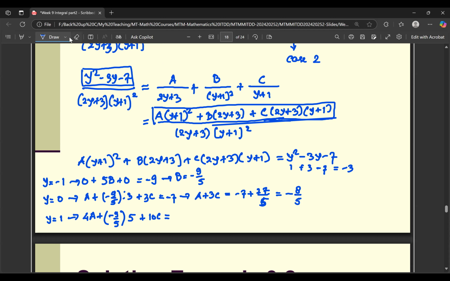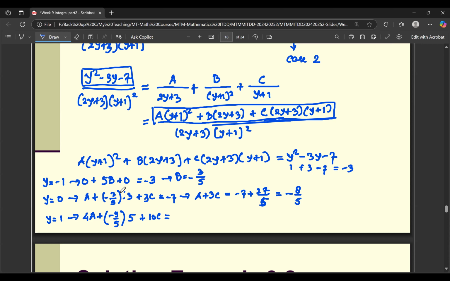So this is minus 3. And also this one will be minus 3. And of course, this must be replaced by minus 3,